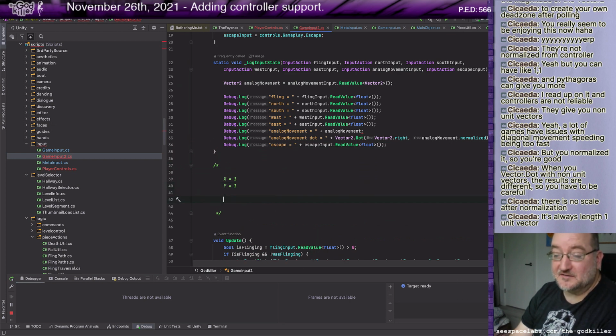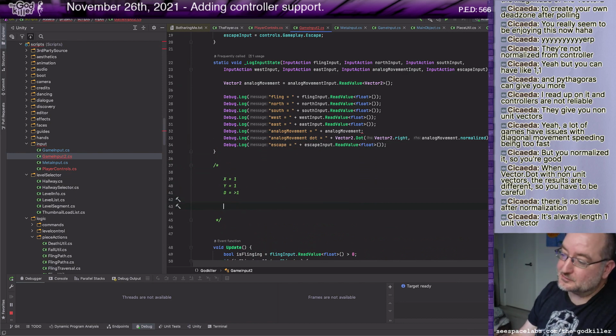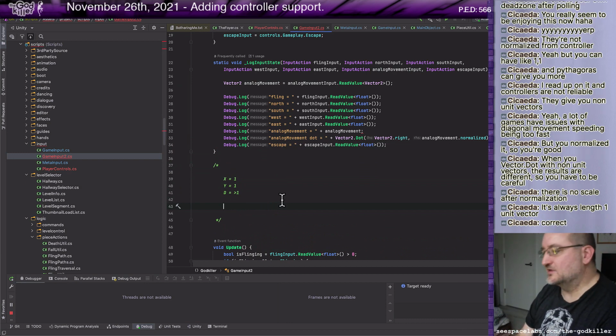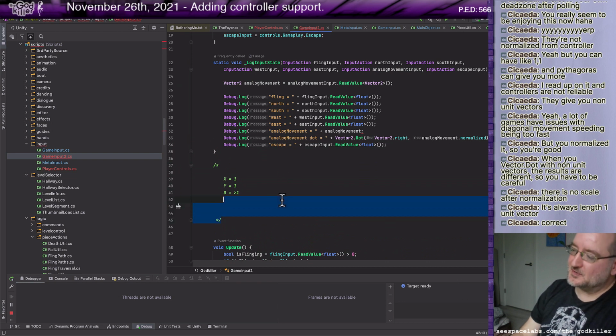The length of that is going to be like 1.2 something. Using Pythagorean theorem, you could say that the distance equals something greater than 1. What normalized would do is reduce these values, x and y, such that your distance would be 1. So, yeah, okay, I get it. Now it makes sense. Now I understand it.